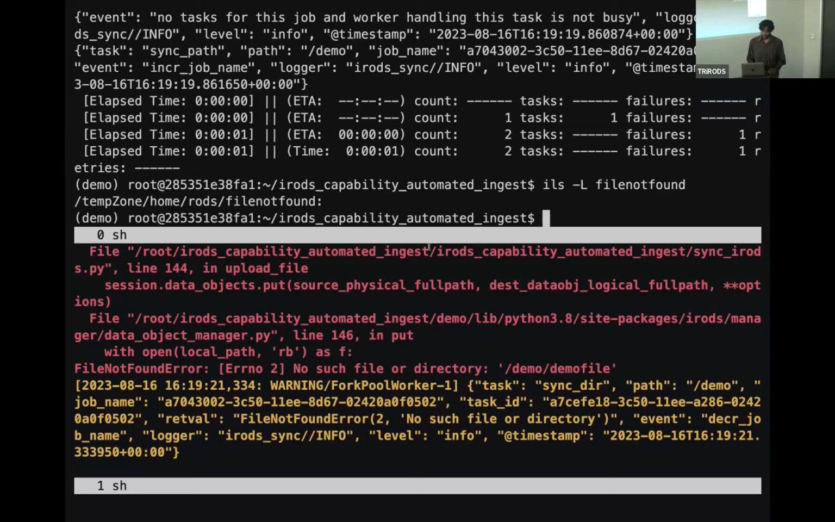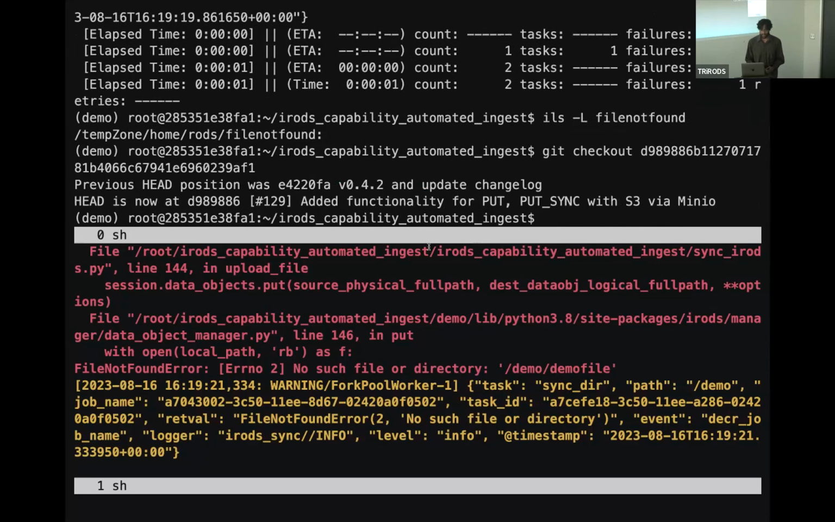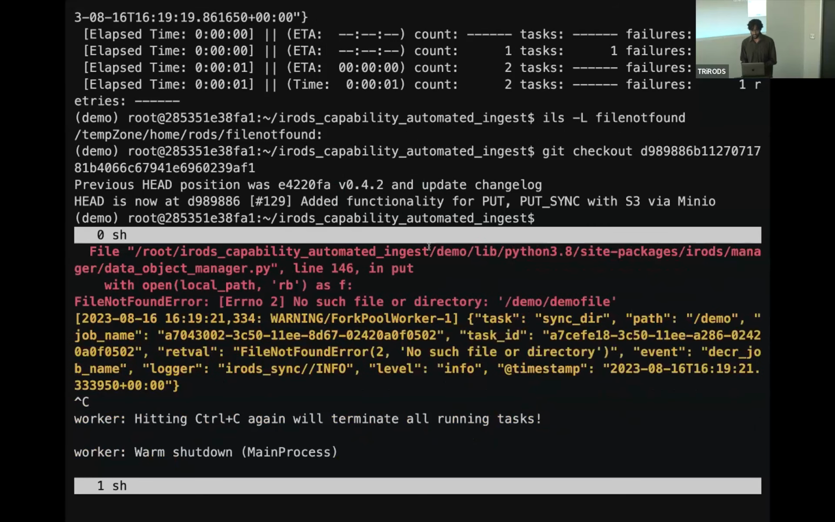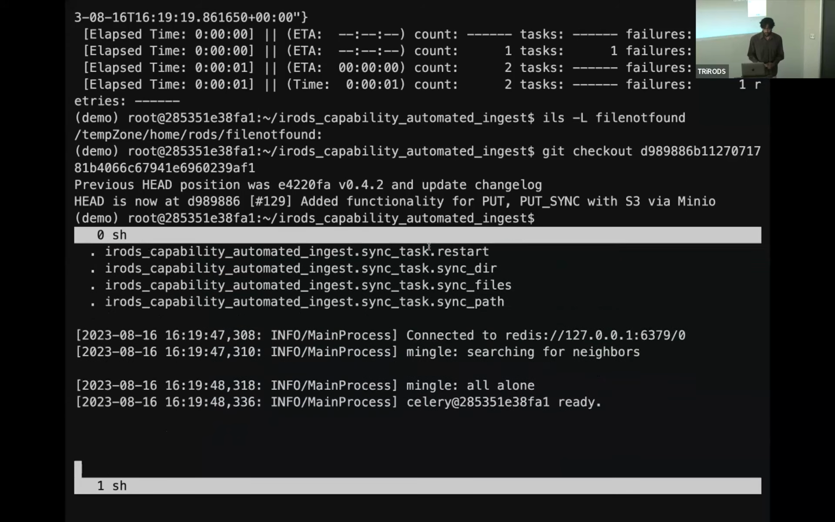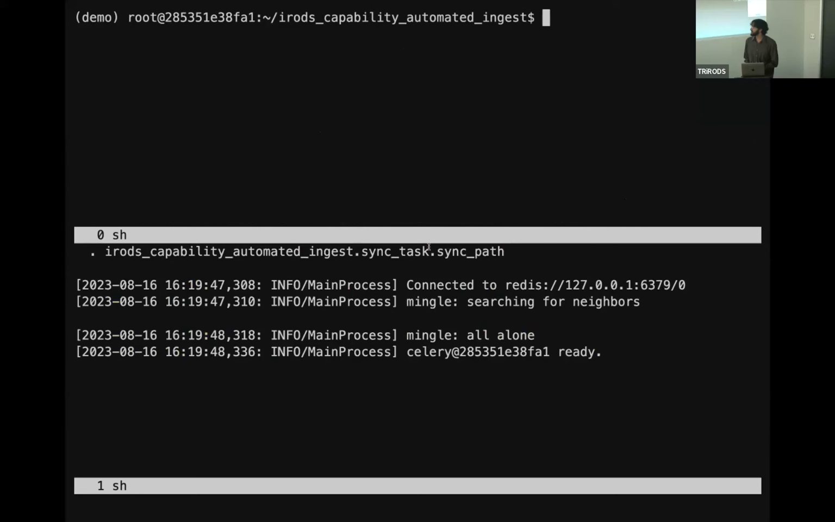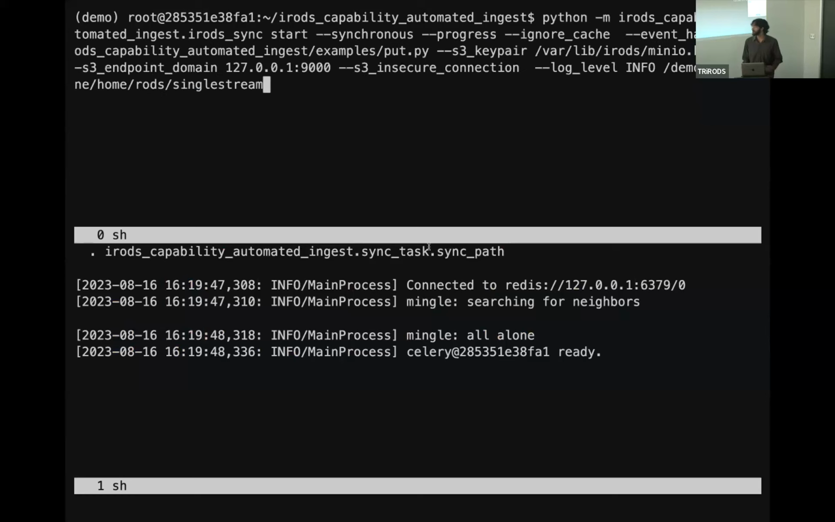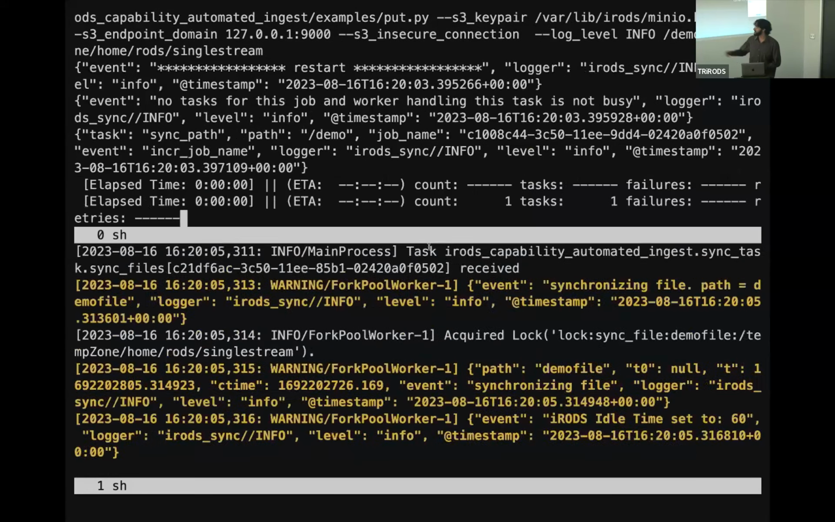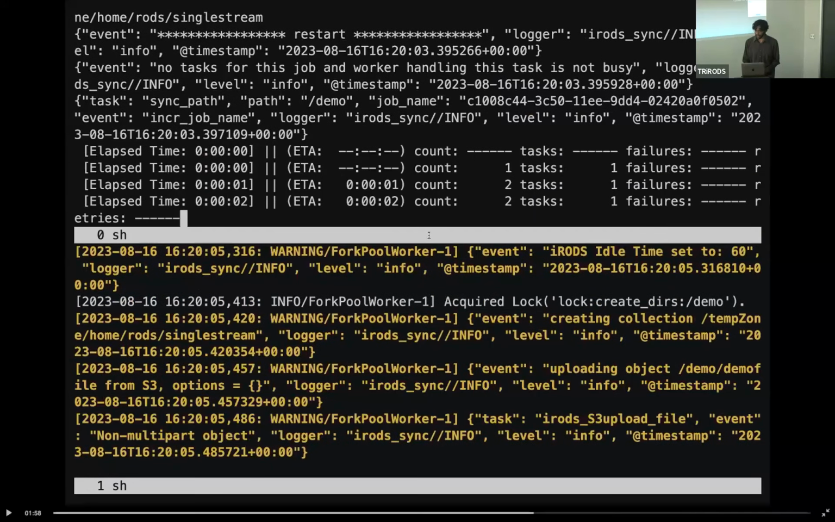So now I'm going to switch to the code after I implemented the single stream solution. So I just need to restart the celery workers for them to have that new code. And then I can run the job again. So essentially everything will be the same except the target collection. Now I'll call single stream just so that it's clear there's a difference. And so if I run the job now in the celery logs,